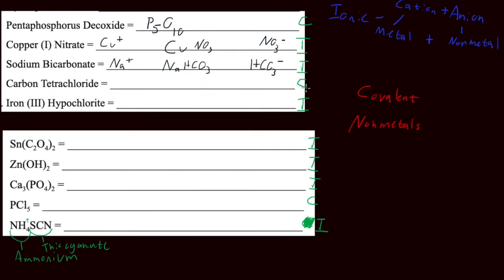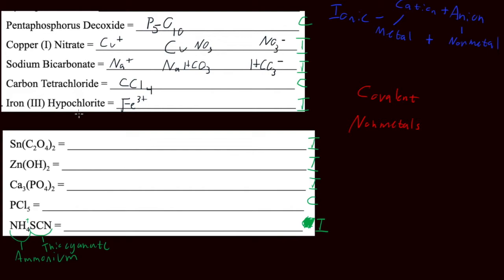Carbon tetrachloride. Now we said this was covalent, so carbon, it's just going to be C. Tetrachloride is going to be Cl, and tetra means 4. Great. Iron 3 hypochlorite. Once again, I've got iron 3, so I know this is Fe3+,